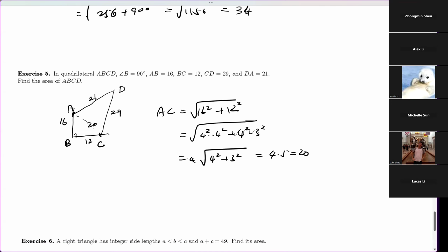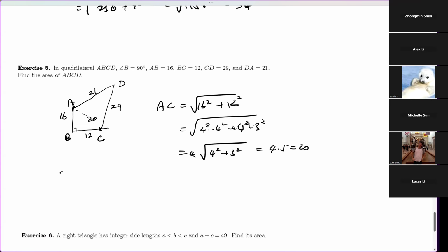So we are lucky here. 20 squared plus 21 squared equals 29 squared. So it's a right triangle. That means you can find the area easily, right? For a right triangle. So the area of this quadrilateral ABCD is the area of this triangle